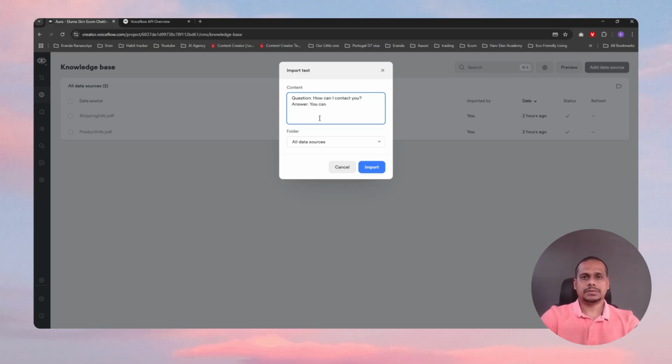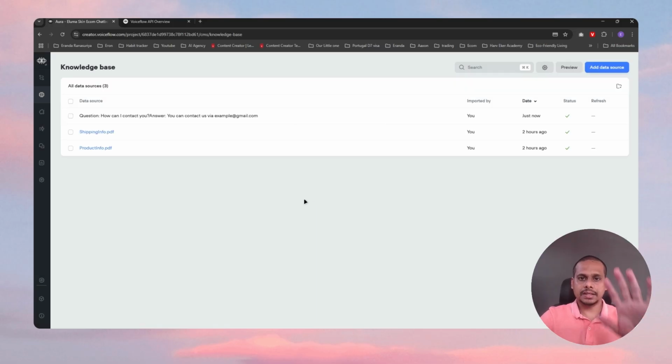You can contact us via example@gmail.com, something like that. This is very simple, and all you have to do is import, and it is readily available